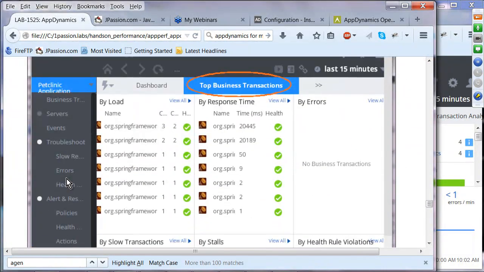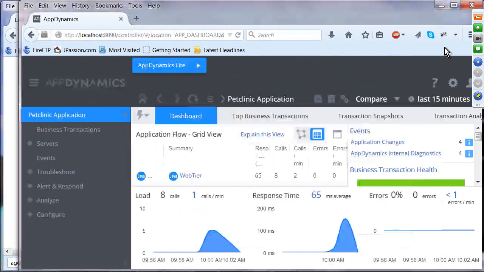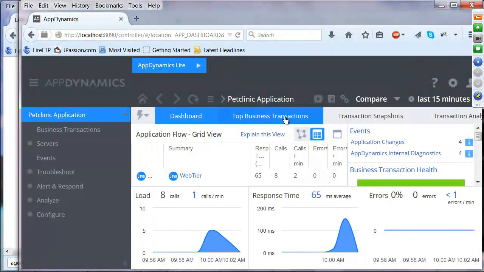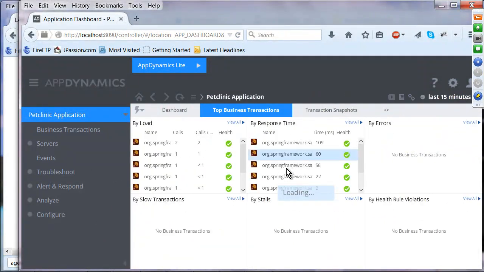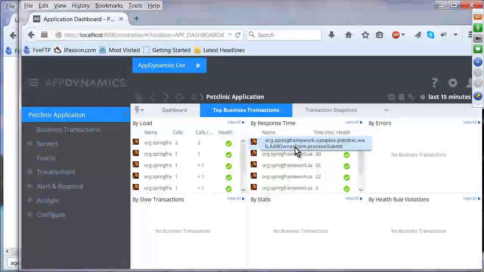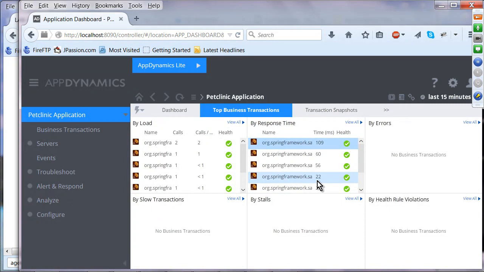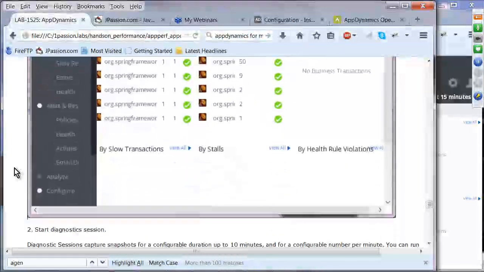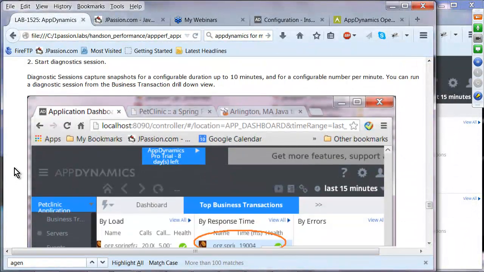And the top level transactions. So if you go to top level transactions, yeah, here. Here we can see this is a pet clinic add owner form submit. So that's actually 109 times. Okay, so everything is healthy based on our default threshold. And you can also see